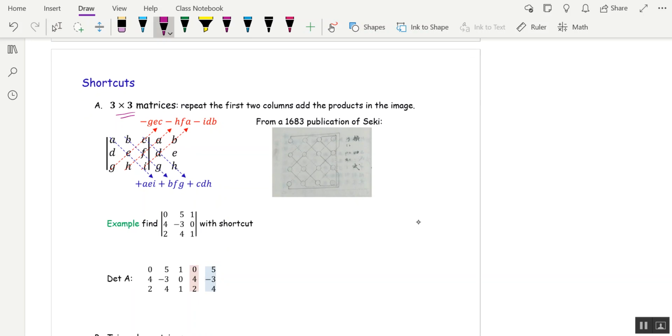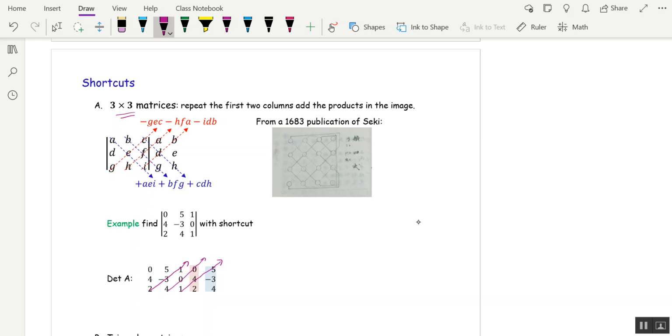Okay, I'll stop talking now. Well, I'm going to keep talking, but I'll just do this example. You write down the matrix, and then you copy down the first two columns, so you repeat column 1 and column 2. Then you draw diagonals, 3 diagonals going up like this through the numbers, and you take the negative of those